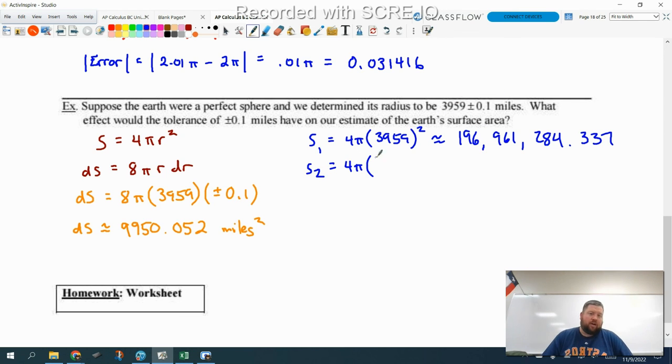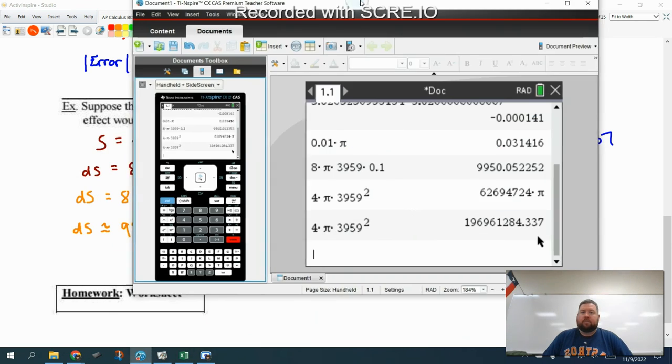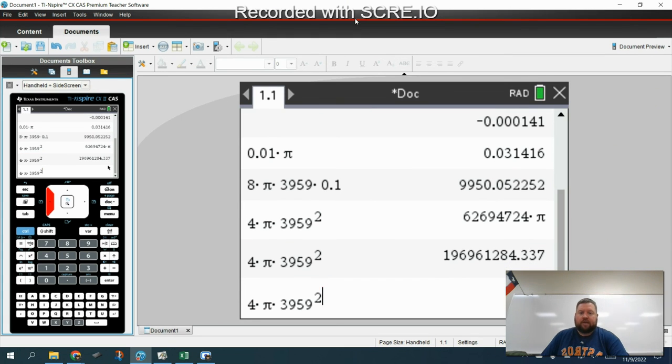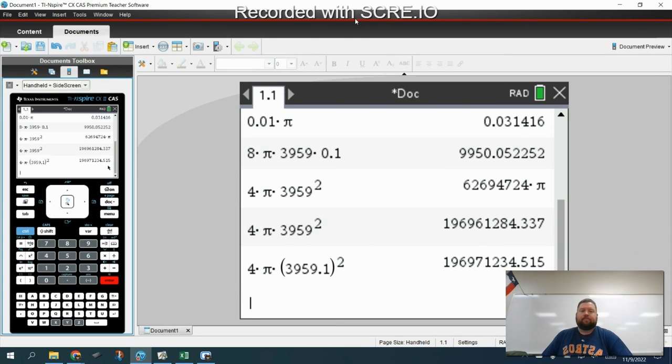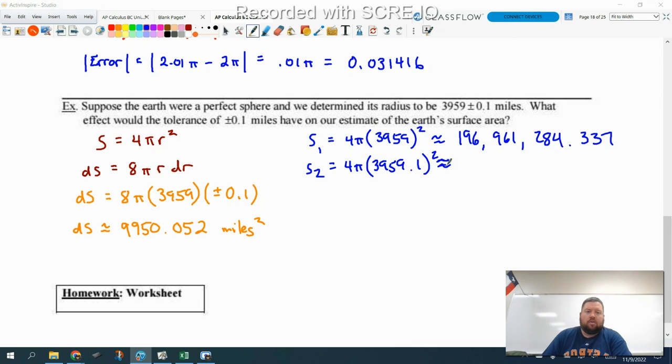3,959.1 squared. And again, this will be an approximately because we are rounding our answer. All right, so I'm just going to go copy this and put a 0.1 right there. All right, so 196,971,234.515. All right, and then our delta S would be equal to the absolute value of S1 minus S2,